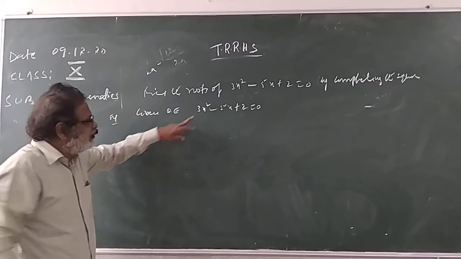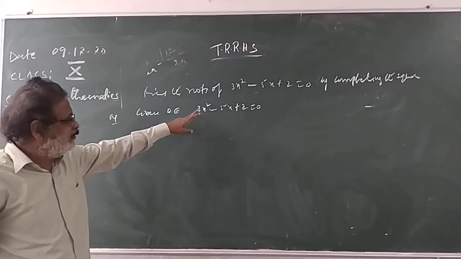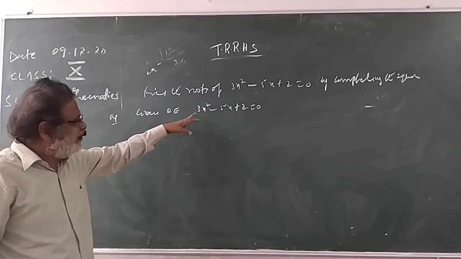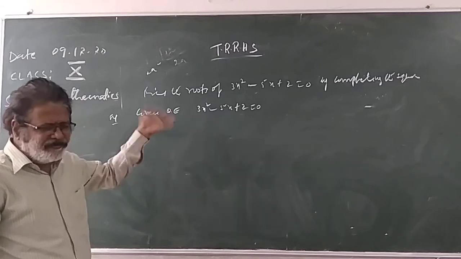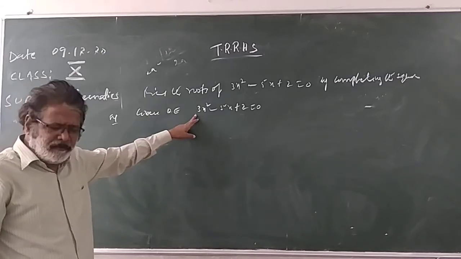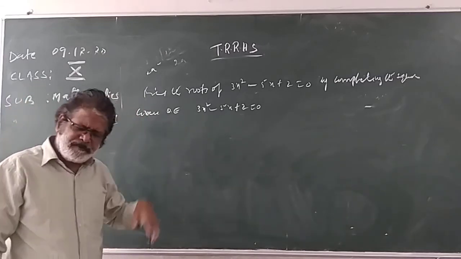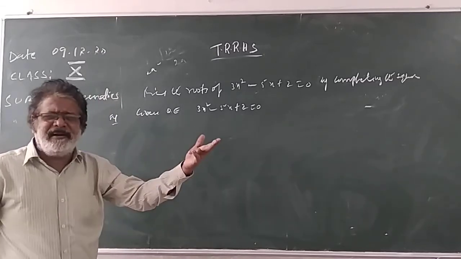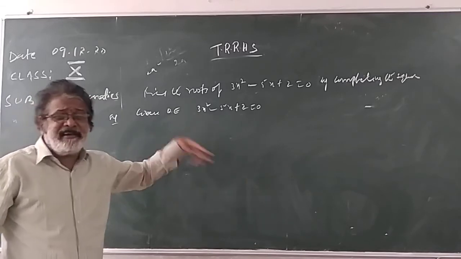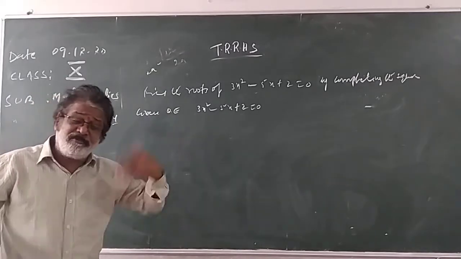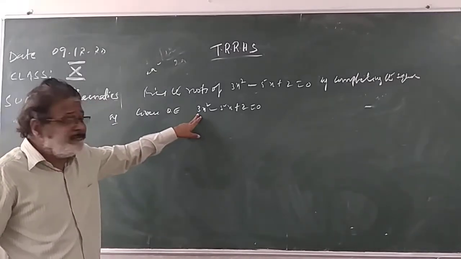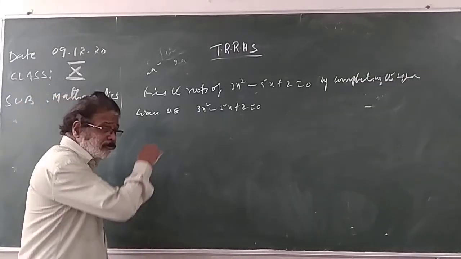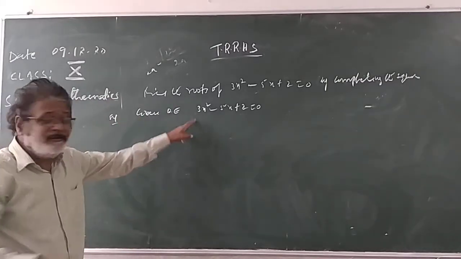Anyhow, it should be in the form of x square, you divide by itself. It is not a perfect square. If you find the perfect squares, you write like this: 4 is there, 2x whole square can be written. Here 9 is there, 3x whole square. 16 is there, 4x whole square can be written. But 3 is not a perfect square here. So what you have to do: throughout the equation, divide by 3.